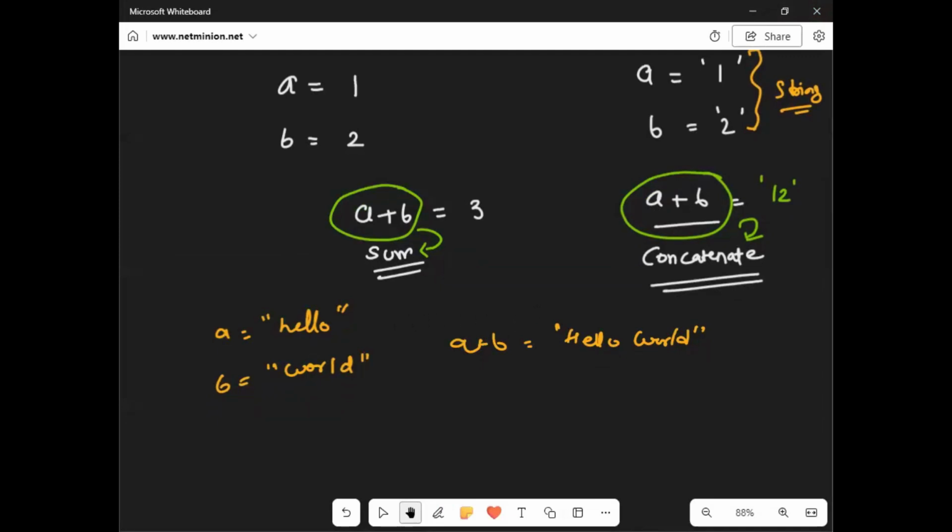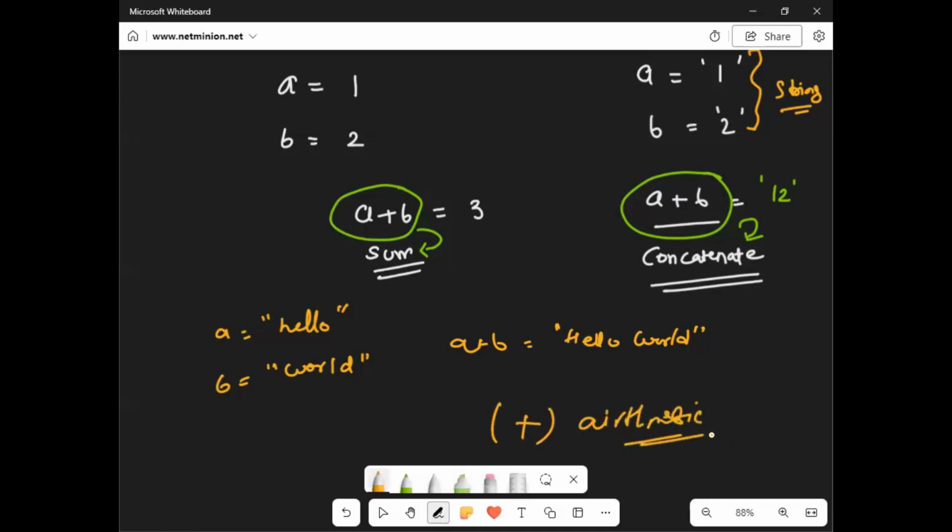You cannot add two strings arithmetically, so that is the reason it is concatenating. But in case of integers, it will give you the addition. So depending upon data type, that is what I was saying. The data type in Python is really very important. And depending upon this data type, we have different functions available. Like this plus is an arithmetic operation, right?